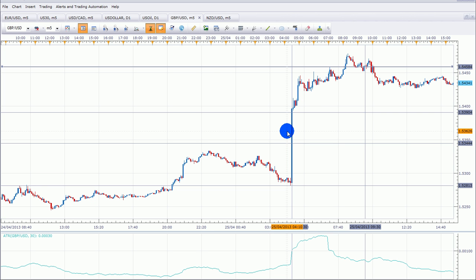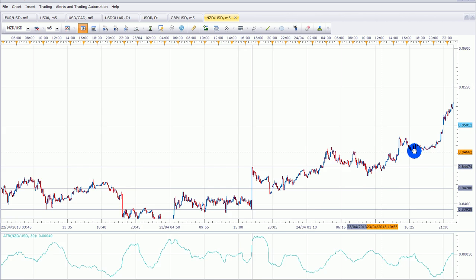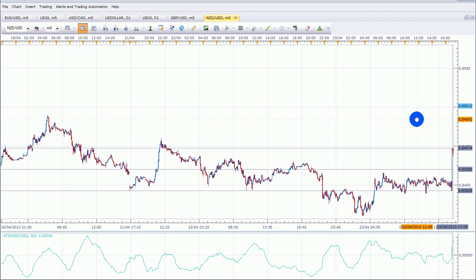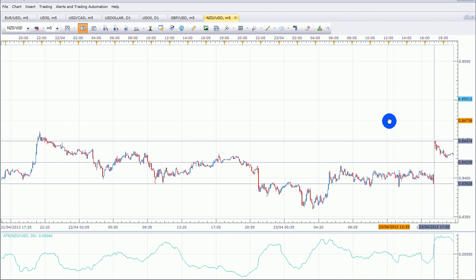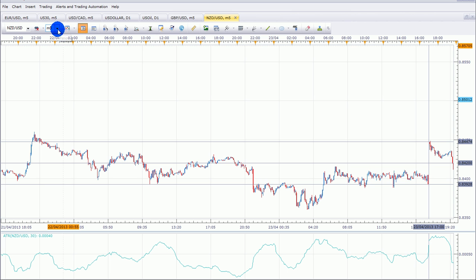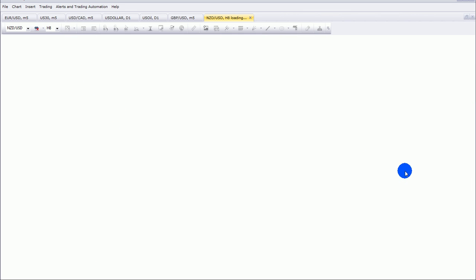Now, why don't you do this for your homework? Why don't you try to apply the same principle on the New Zealand trade? Similarly, we had a 5 minute news candle, and the trade plan was to buy after that. You try this strategy out, and here you are expecting to be in this trade for 8 hours, not 4 hours. So you would have to get the average true range of 8 hours.